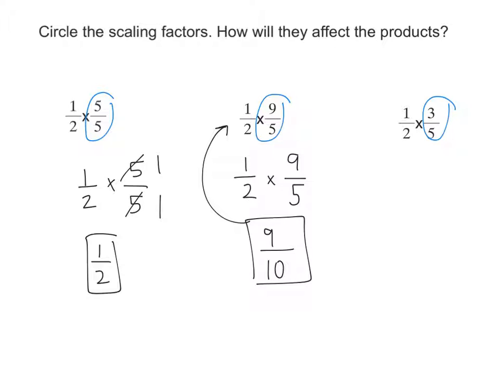Okay. Now let's take a look at this one. 1/2 times 3/5. Again, there are no factors we can cancel out, so this equals 3/10. Is 3/10 more or less than 1/2? Less. So how does this scaling factor make it so that it's going to be less than the original number? Yeah, 3/5 is less than 1. So if we only have 3/5 of 1/2, will our answer be greater, equal to, or less than 1/2? Less than. Less than. So at least